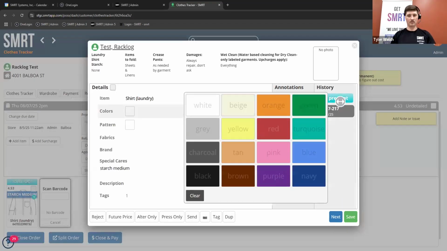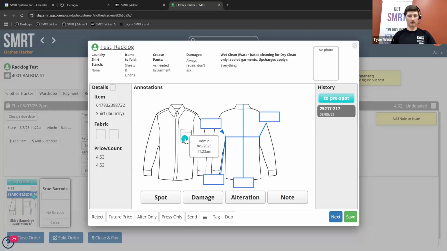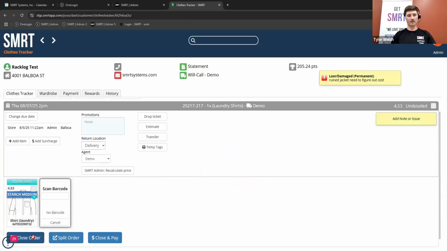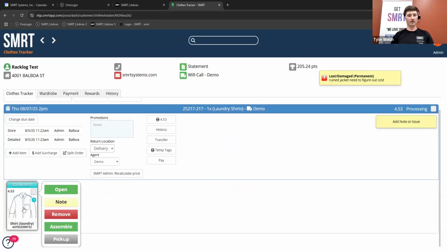Okay. Yep. So then if I click it again, it'll go away. Cool. Save it. I'm going to close the order. Now, if I'm to finish it and get the spot to remove,